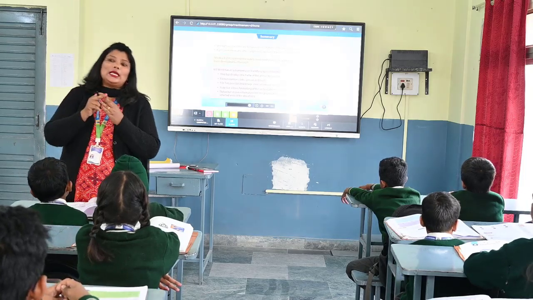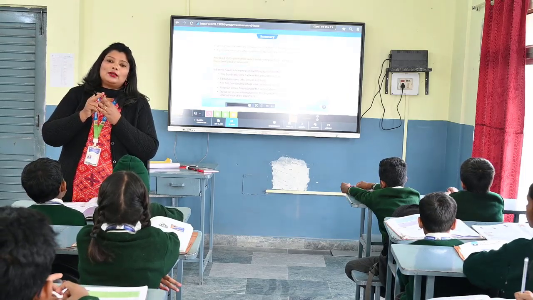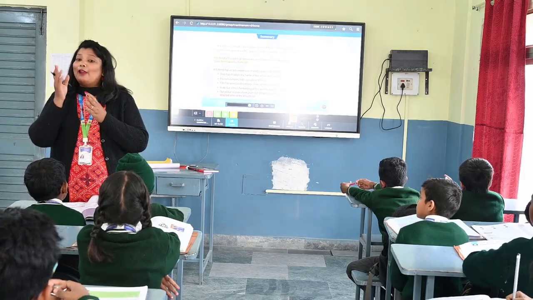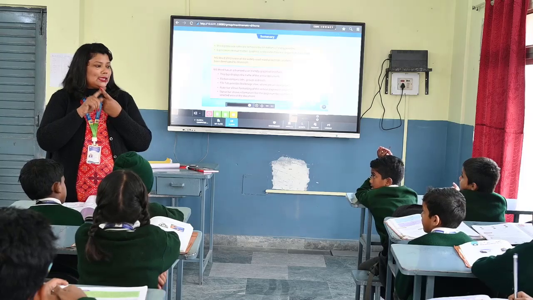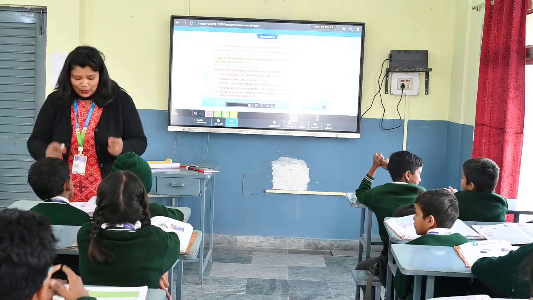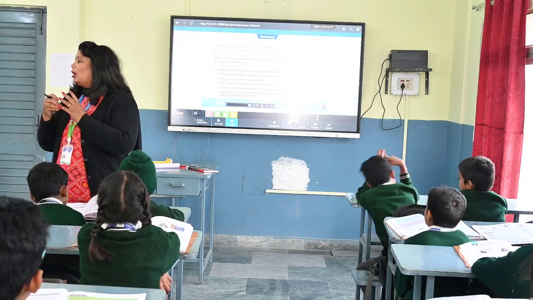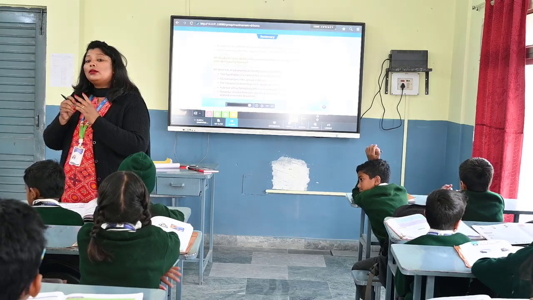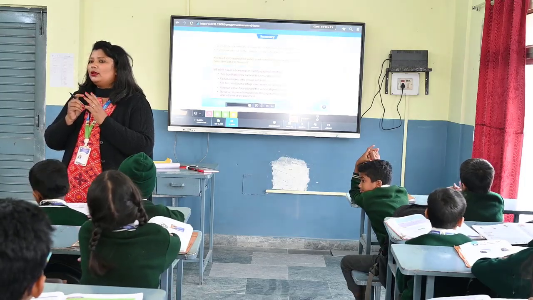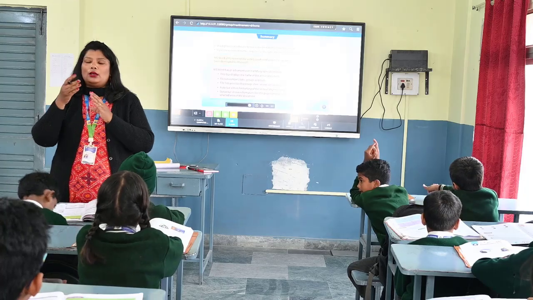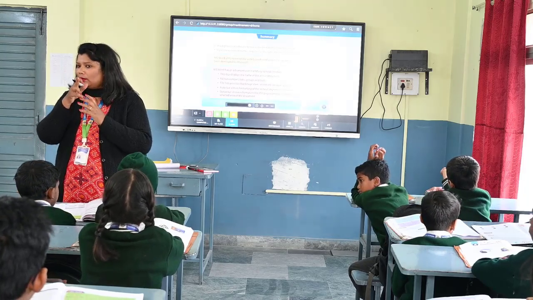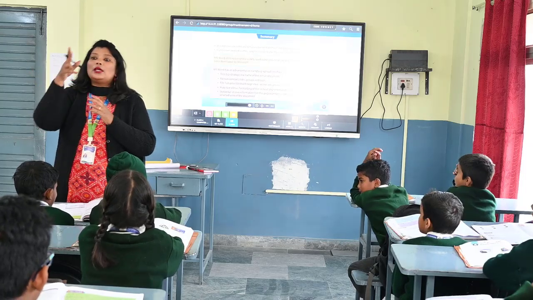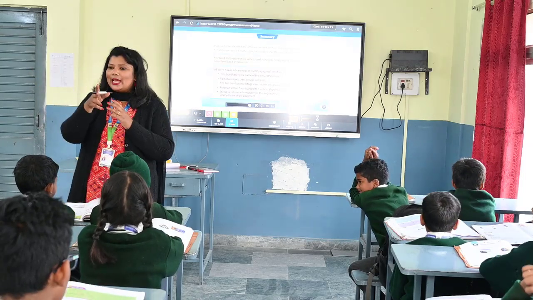Then Control plus C for Copy. And for cut, Control plus X. Okay. For print. Then Control plus Z for undo.